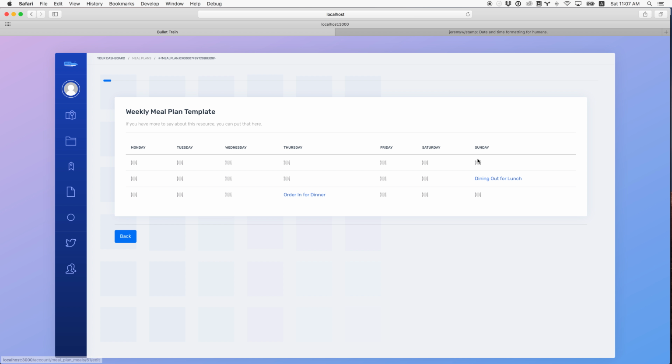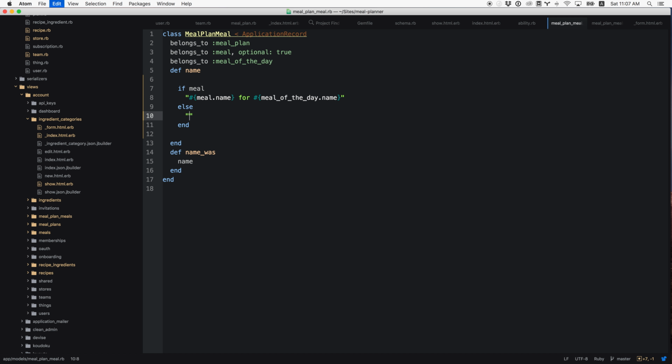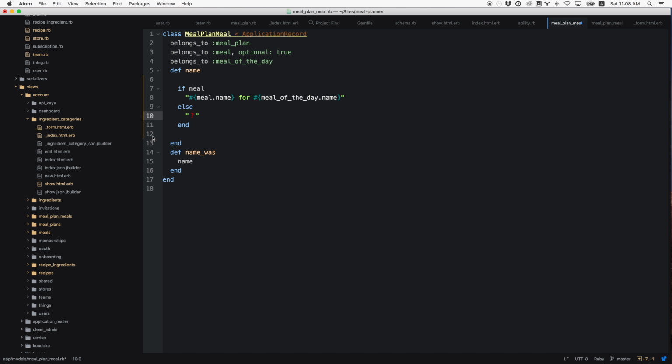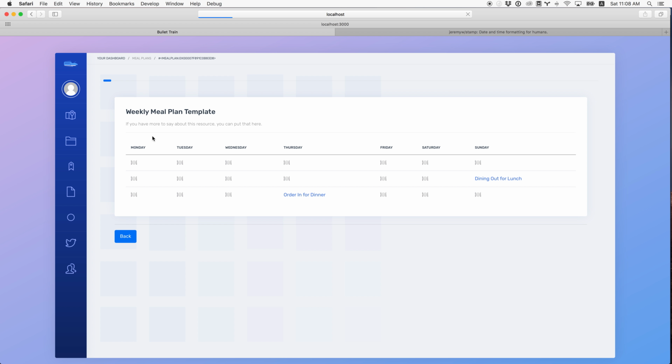Yeah, there we go. So we'll do that, or maybe there's a nicer emoji. Let's see how that looks. Let's do that. And then they can click on that. It's not super awesome, but